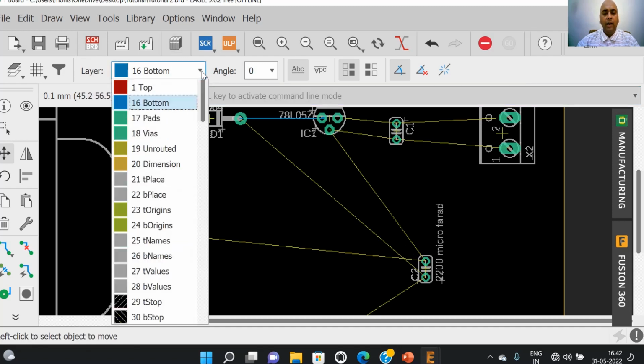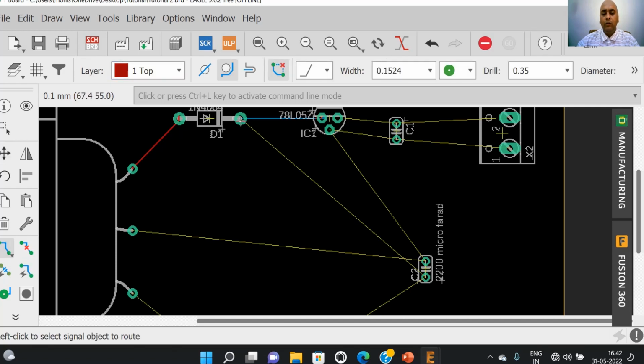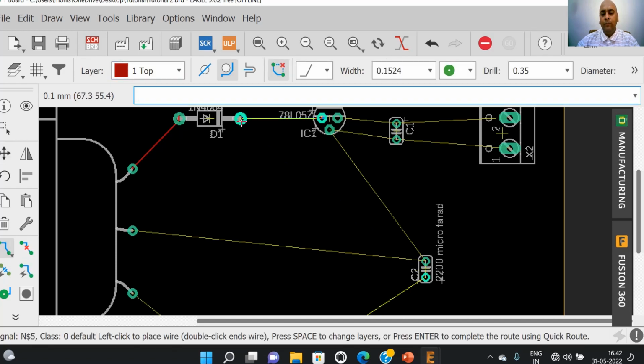So we can start with top layer. We just select top layer and then again we select route air wire. We can start from diode, then we can shift this trace from top layer to the bottom layer. When we shift from top layer to the bottom layer, a via will be inserted into the PCB.